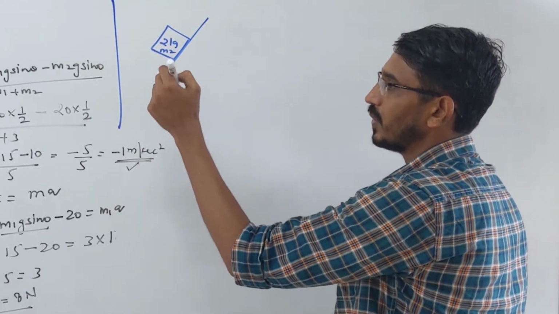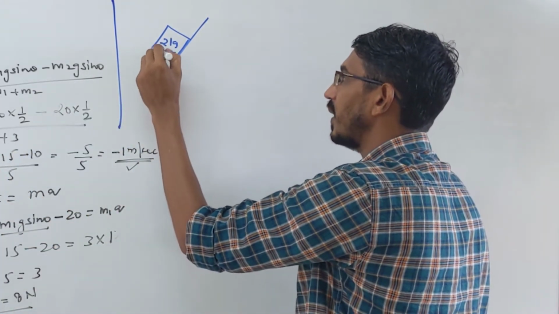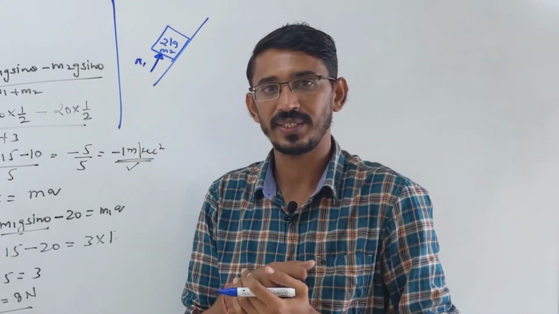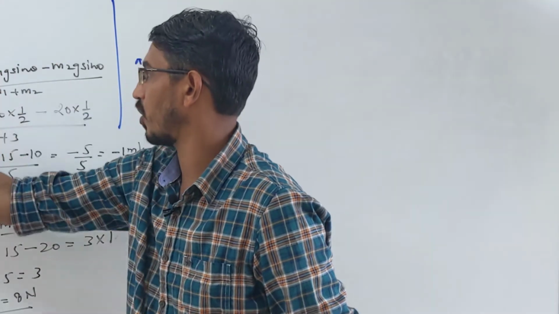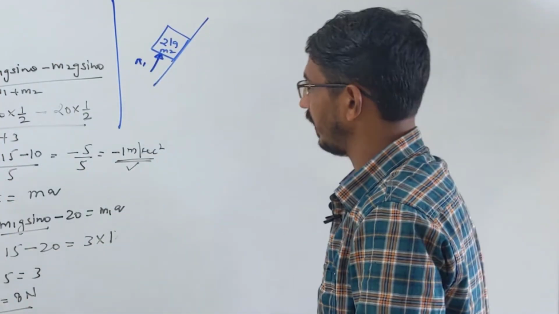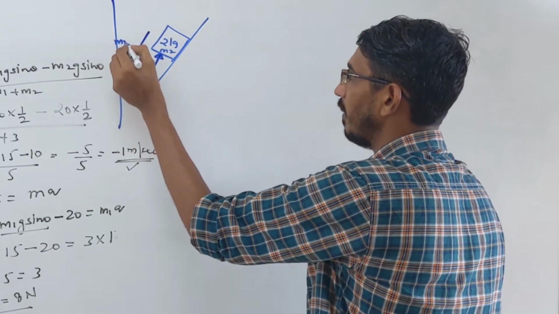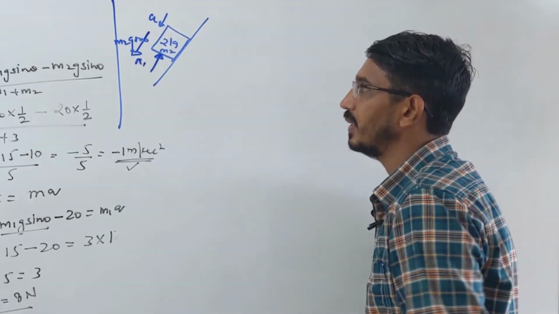First look here. Contact reaction will be in this direction. What direction? Upward. This contact reaction is towards the surface, right? Now it's acting between these two blocks. This block is pushing it downward, that block is pushing it upward. What other force? Weight force. Weight is downward again, m2g sin theta, and acceleration is also downward, we know, right?